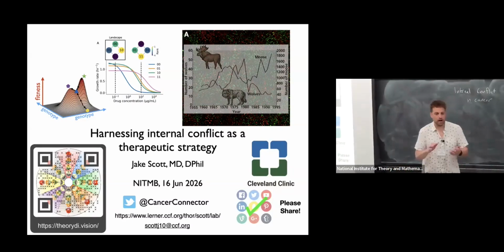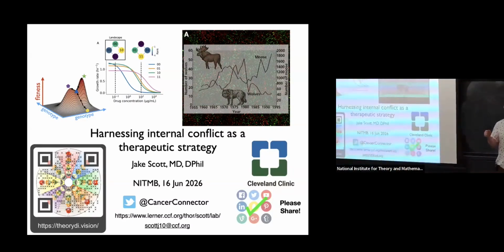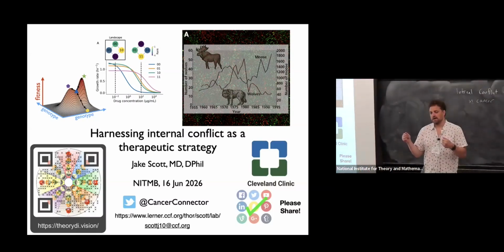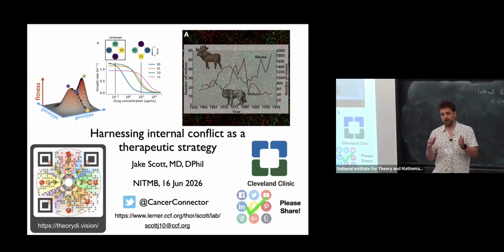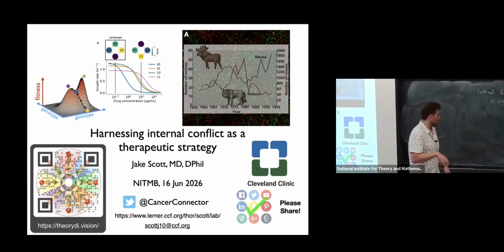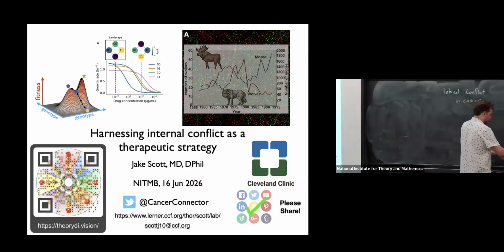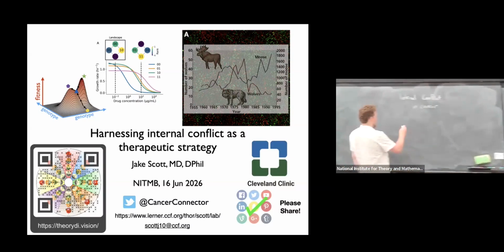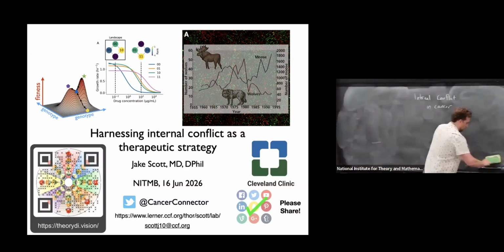There he goes. So I'm going to take a slightly different track to Stephen yesterday on the internal conflict in cancer, and I'll tell you. I'm just going to draw a quick cartoon and tell you why. So I'm an oncologist and mathematician, and so I sort of work in between the two in a group we call the theory division, and I'm going to give you a few slides at the very beginning to introduce the group over at large. But there's a couple different ways you can look at internal conflicts in cancer, if you will, and I'm going to use red and blue.